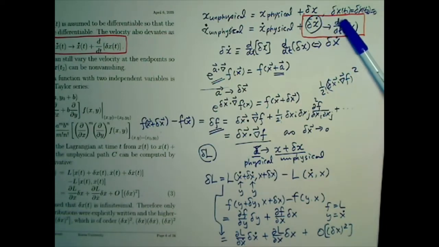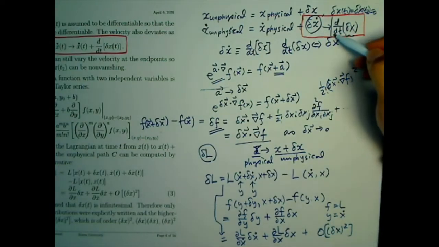And we remember that the variation at the endpoints at T1 and T2 are all vanishing. If I take the time derivative of both sides, what we find is the unphysical velocity and physical velocity, and the velocity of the variation. So